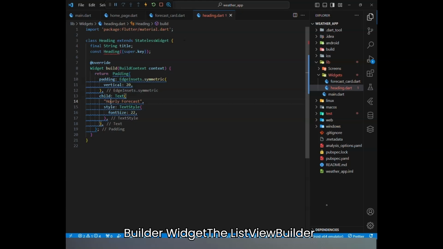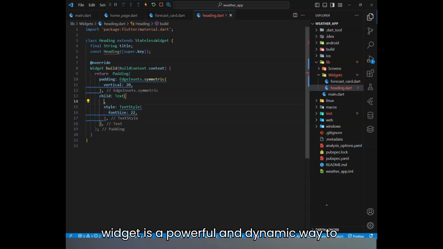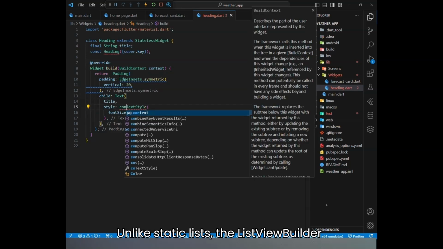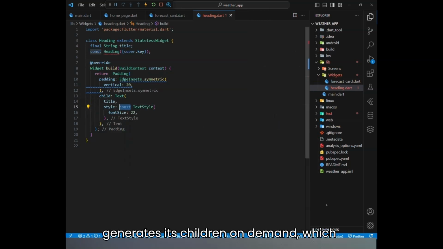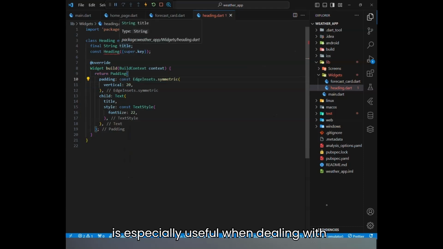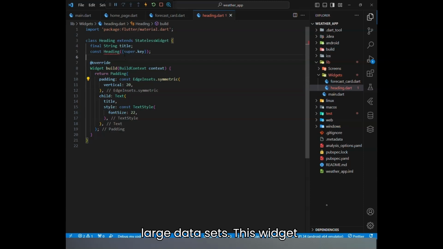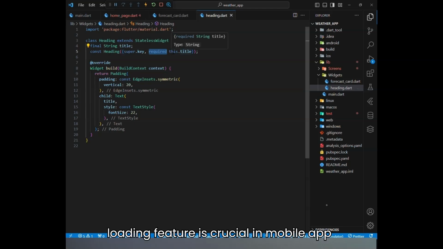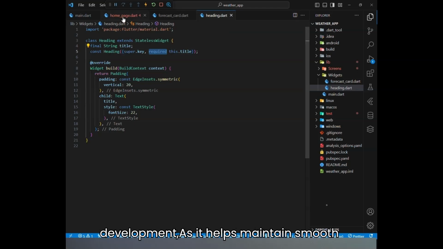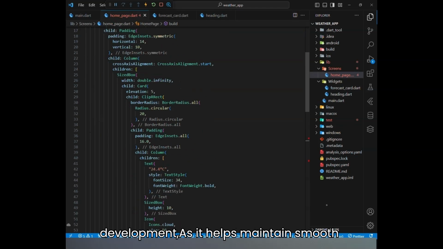The ListView.builder widget is a powerful and dynamic way to create scrollable lists in Flutter. Unlike static lists, the ListView.builder generates its children on demand, which is especially useful when dealing with large data sets. This widget optimizes performance by only creating the widgets that are visible on the screen, loading additional items as the user scrolls. This lazy loading feature is crucial in mobile app development, as it helps maintain smooth scrolling